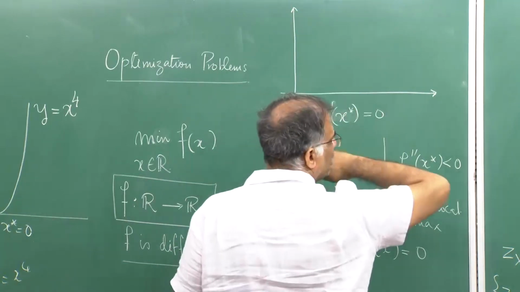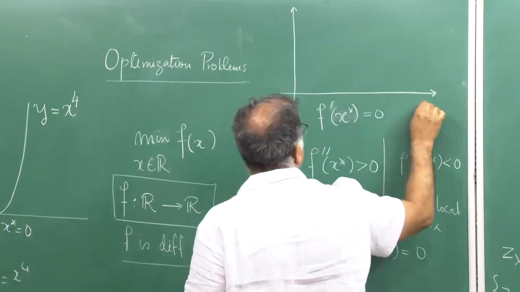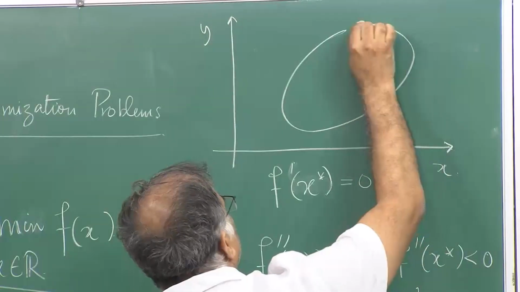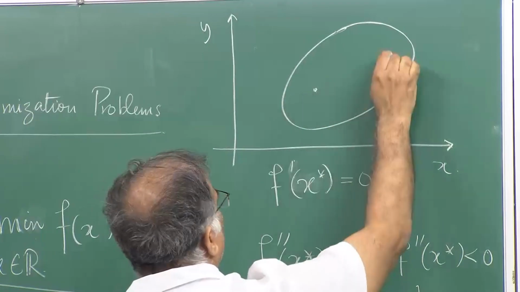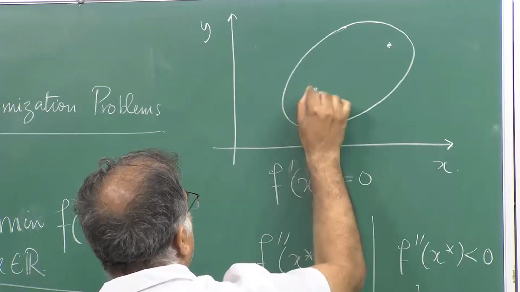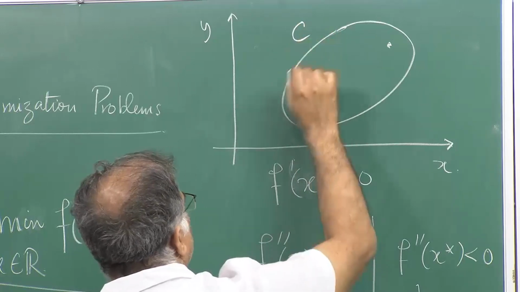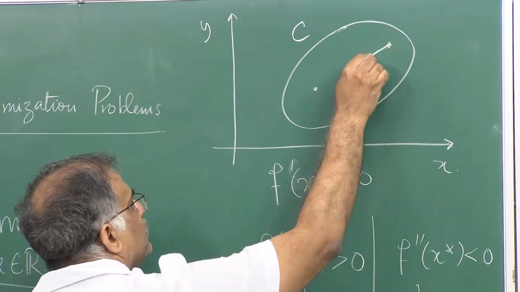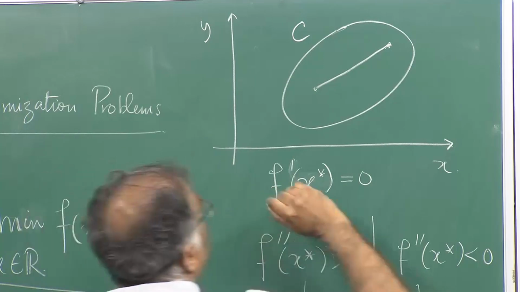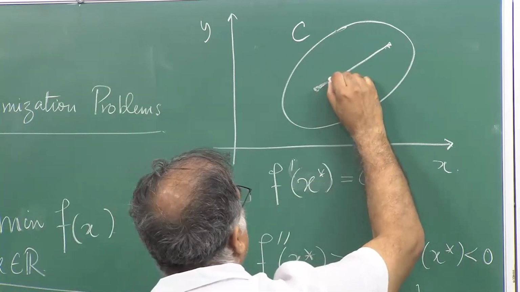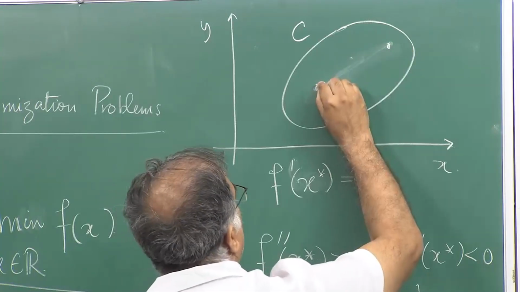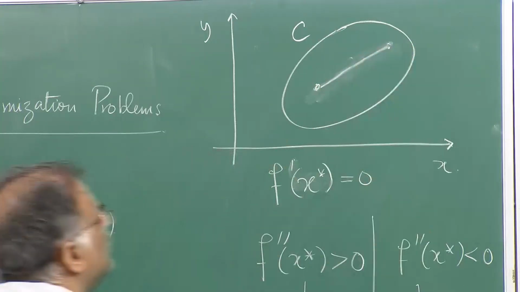So, let me go in 2 dimensions, right. Let me go in the xy plane. Let me look at a set like this. This is a point and this is a point, and this is my set C which has all these points inside, and I take any 2 points and join them by a straight line. This is the line segment joining the 2 points. Maybe my drawing is so bad. Okay, this is the line segment joining these 2 points.